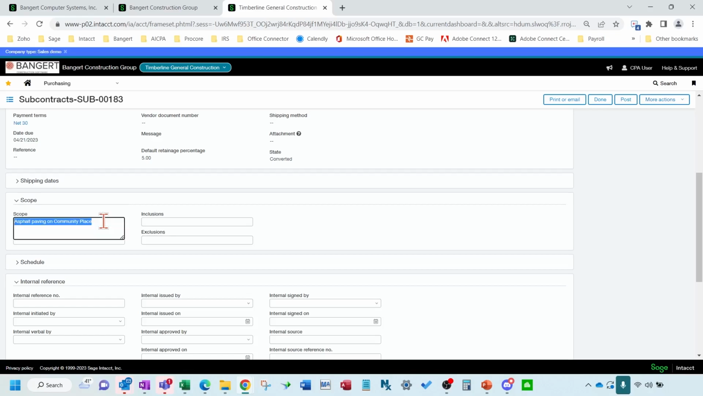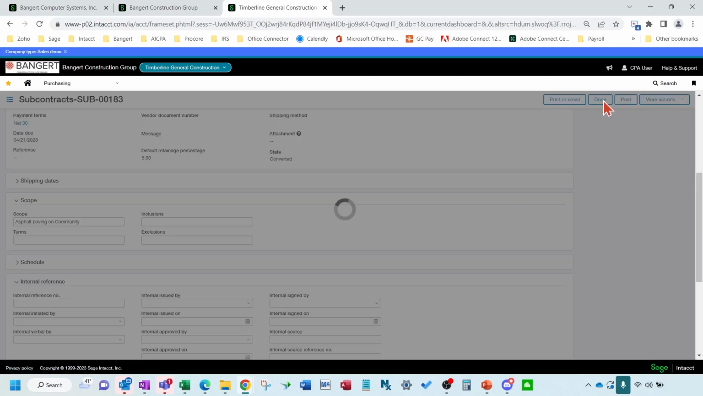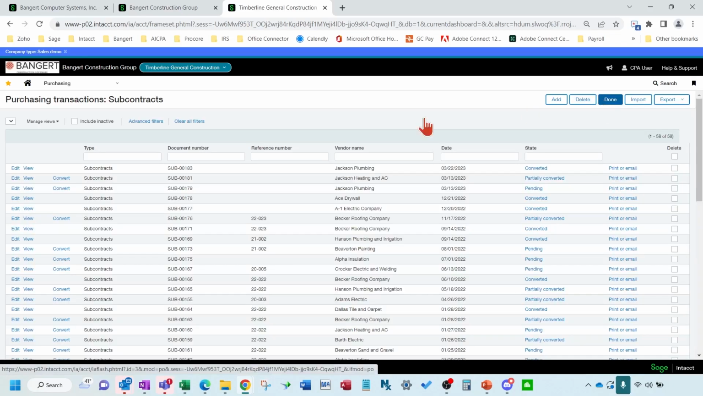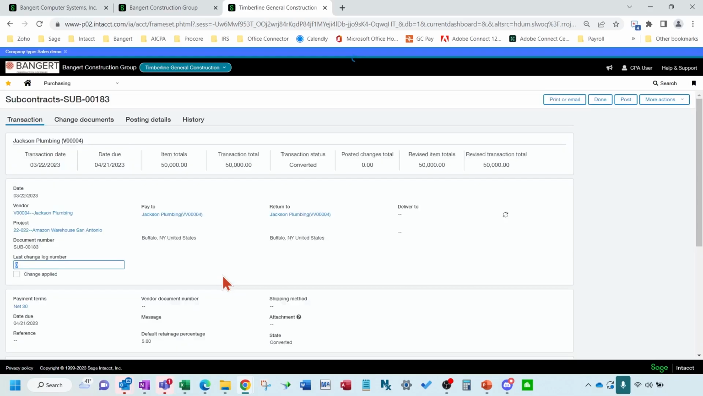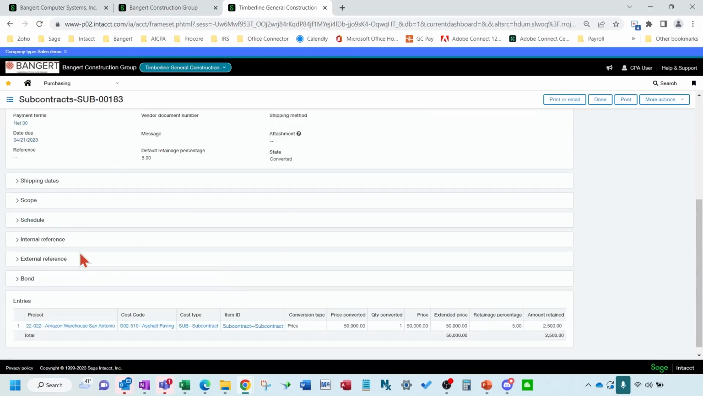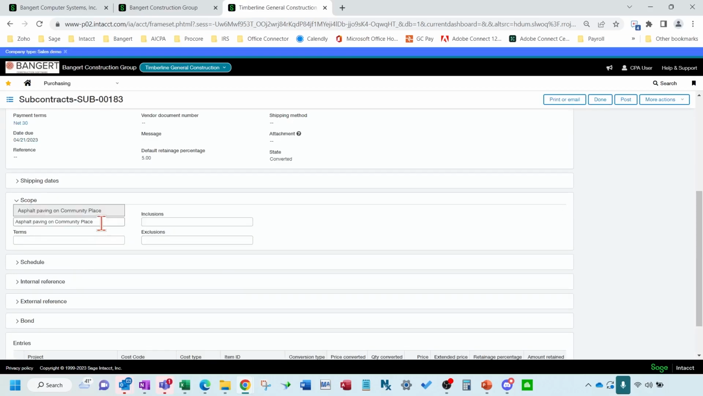Now, it will not let you change things. It will warn you. So it'll give us an error. Now that scope I could change. So if I quickly wanted to revise a scope, maybe I did something wrong with the scope, I could come in here and potentially change it. Now I didn't post it. I just said done. So I'm going to try to do this again and hit